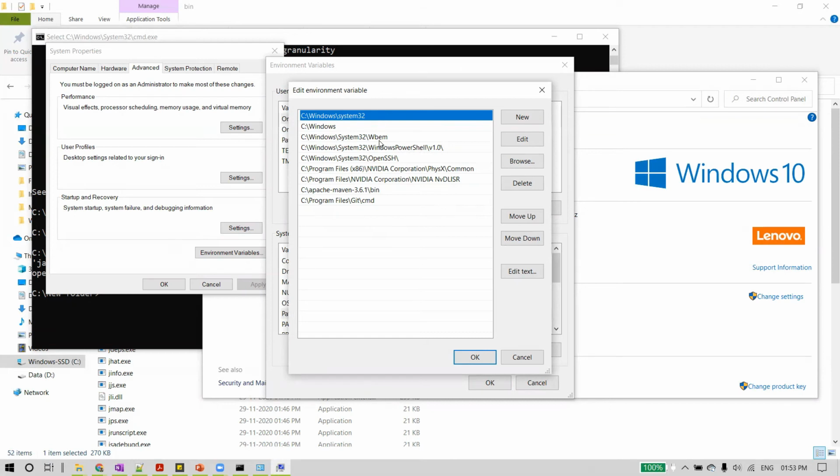What the Windows operating system, or any operating system, does is, whenever you try to launch any application from any folder, it searches if that application is present within that folder. If it is not present, then the operating system verifies in the path variables. It searches each location from top to bottom, checking whether the application you are trying to run is present in these locations or not. And you can clearly see C:\Windows\System32, where we have the calculator.exe file, and that's how the calculator app got launched, right?